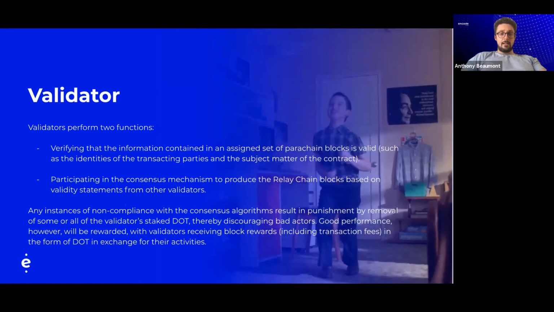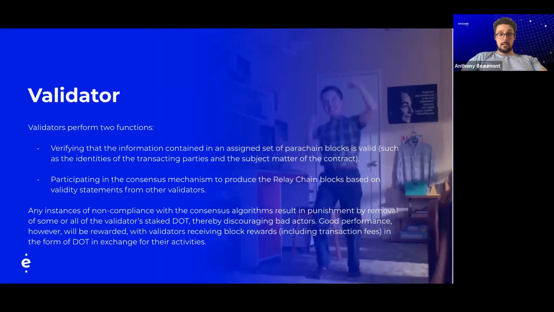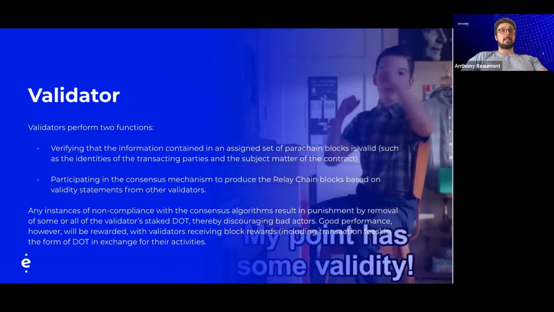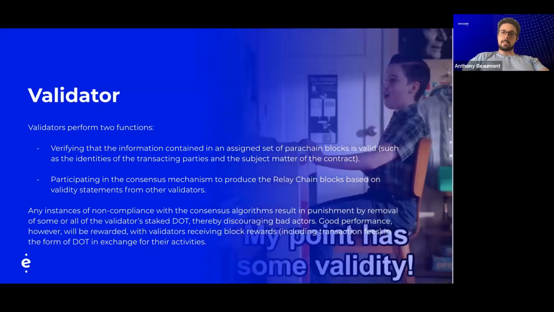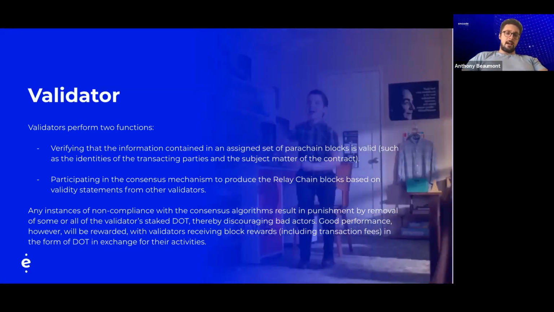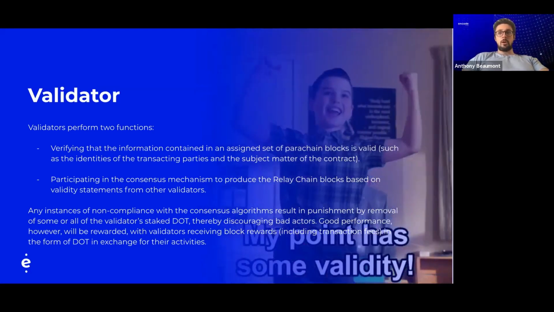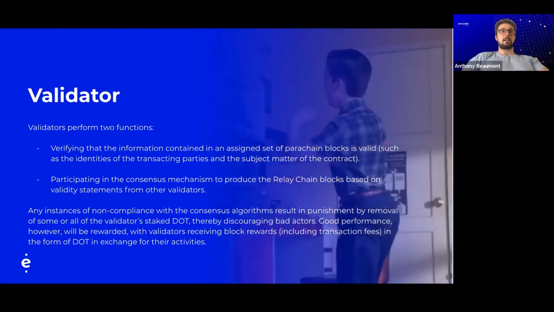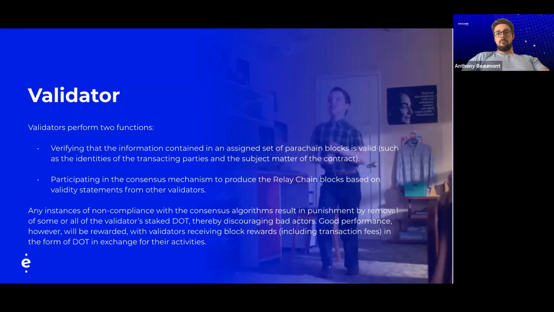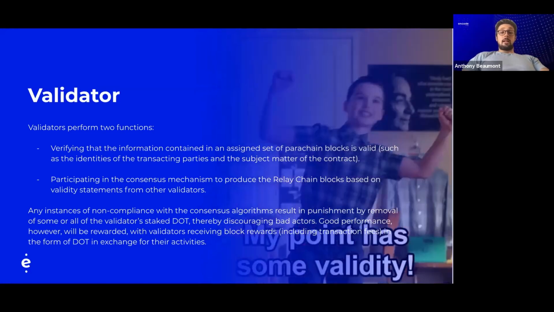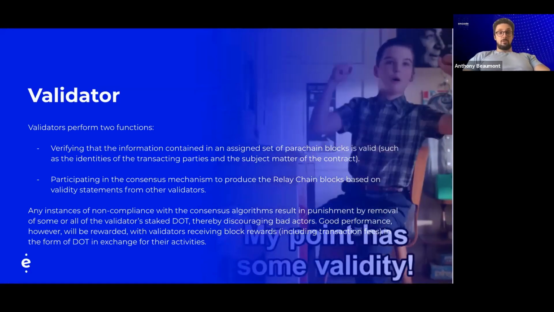The point of the validator is to both check transactions and check that other validators are correct. The sum result of this is that if you have enough validators, and there are quite a lot of validators, I think it's almost 1,000, and they're all checking each other's work and all incentivized to get results, then as long as there is a majority of people who are good actors, the system should work completely well.